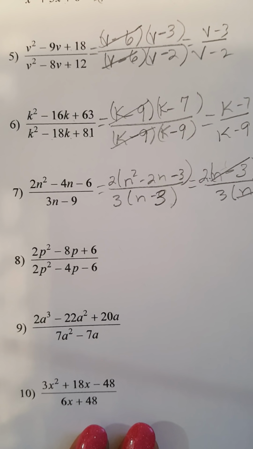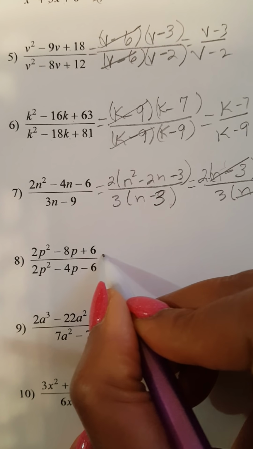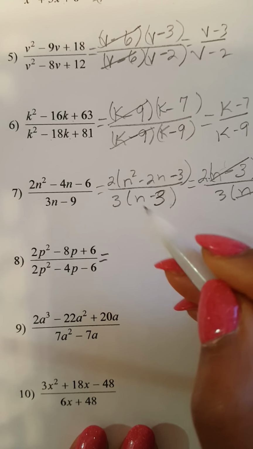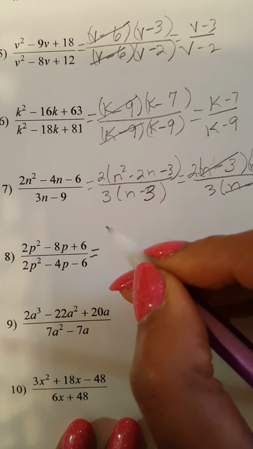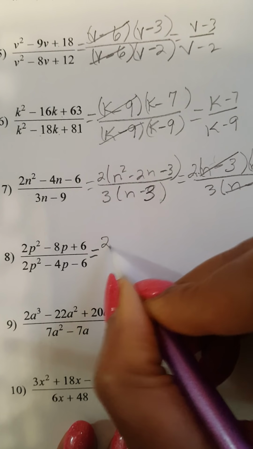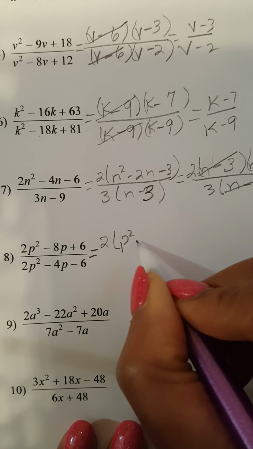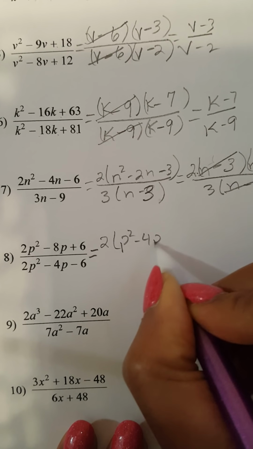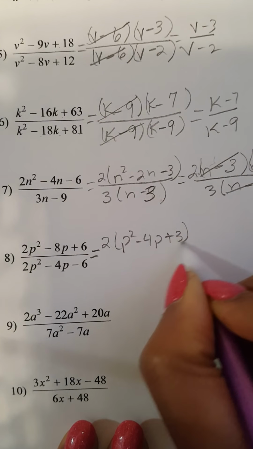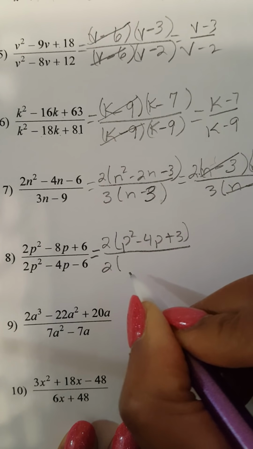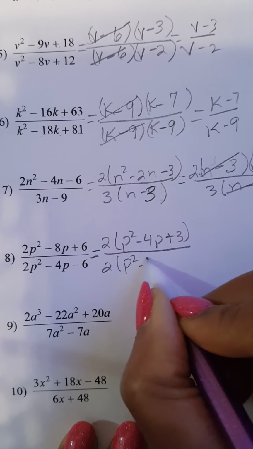Next one, same deal. First look for a GCF, and we have a GCF of a 2. We can take a 2 out of the top, and that leaves us with p squared minus 4p plus 3. On the bottom, we can take out a 2. That leaves us with p squared minus 4p